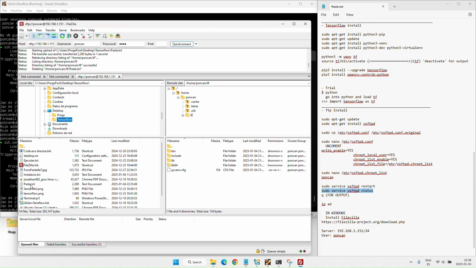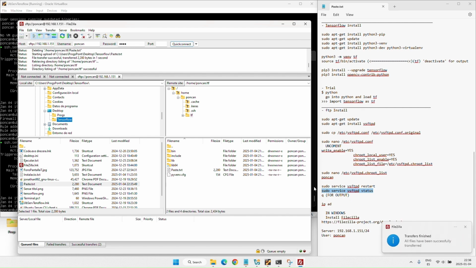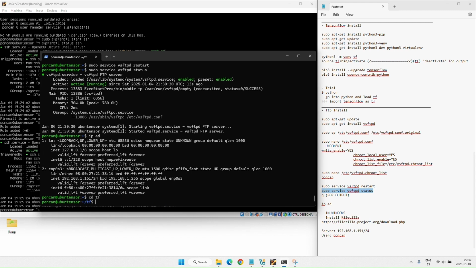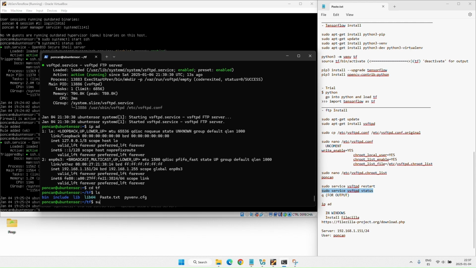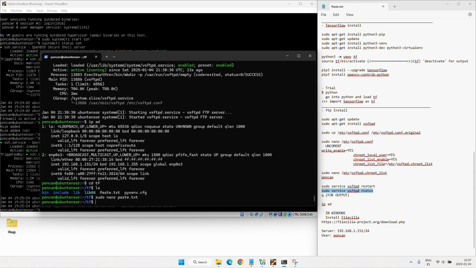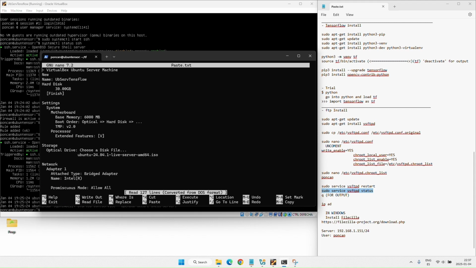Now we move a Windows file to the TF directory of the Ubuntu server. As you can see, it is in the directory. If we enter the name correctly, we can edit it.